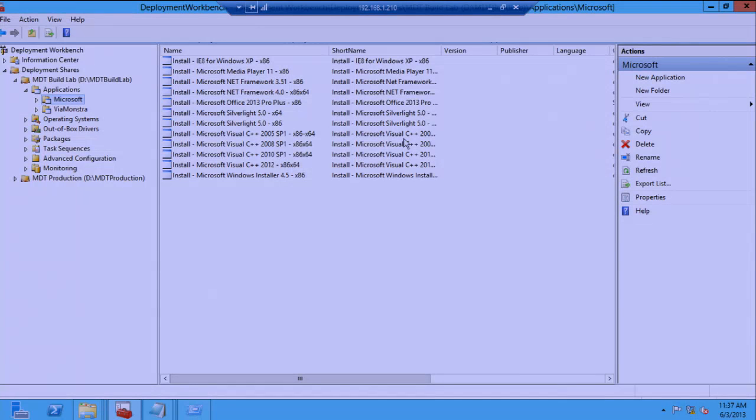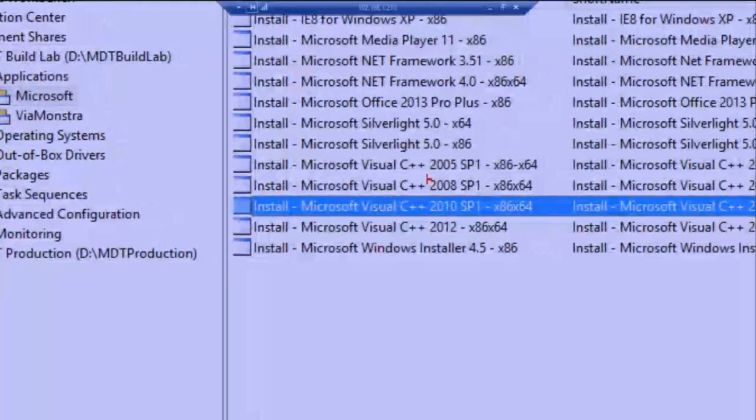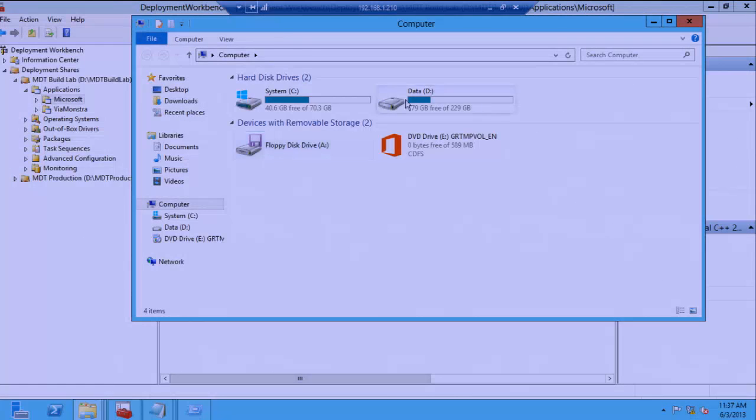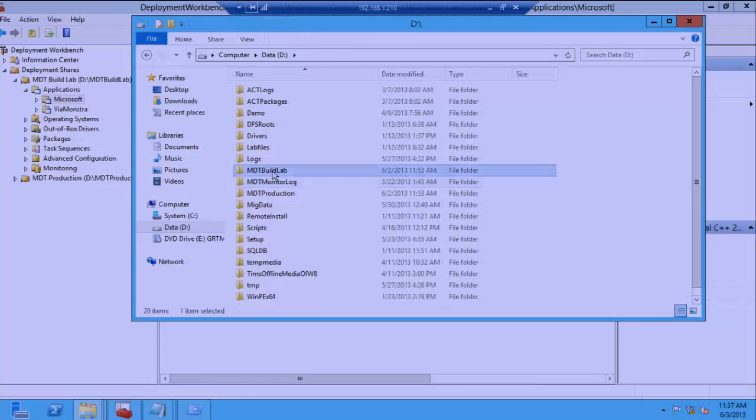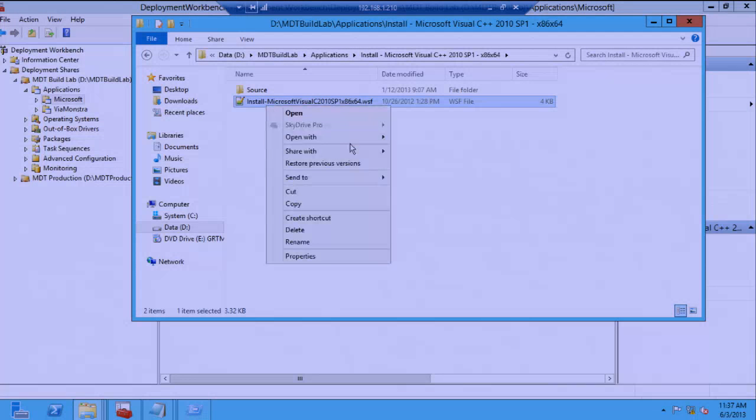So for example, this guy over here, the C++ runtime for 2010, if I deploy a 32-bit image, I only need one, the 32-bit one. But if I deploy a 64-bit image, I need both, 32 and 64. Of course, you can do bundles and such, but I think it's actually quite much easier to just use a VBScript wrapper. So if I go into that application and review one of these wrappers,